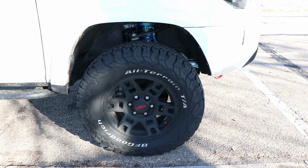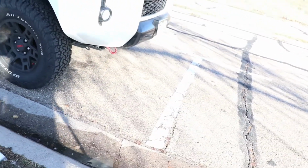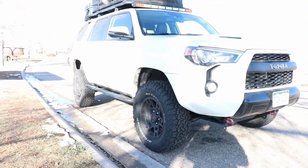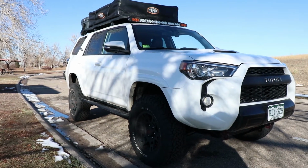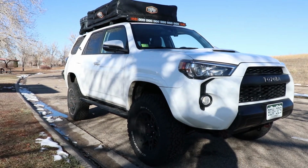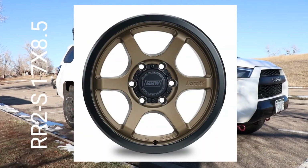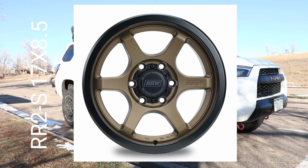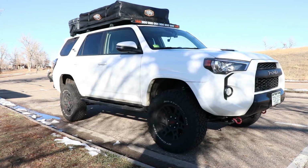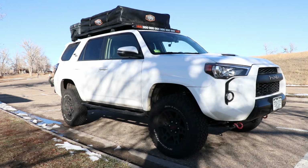Still pretty new, in case things break on the road or on the trail. But another update that I have for y'all is that I actually purchased some new wheels during Black Friday, of course. The wheels are the RRW. I forgot the model number, but I'll show you guys here. Yeah, I went with new wheels because the stock TRD wheels are pretty narrow, and I am running